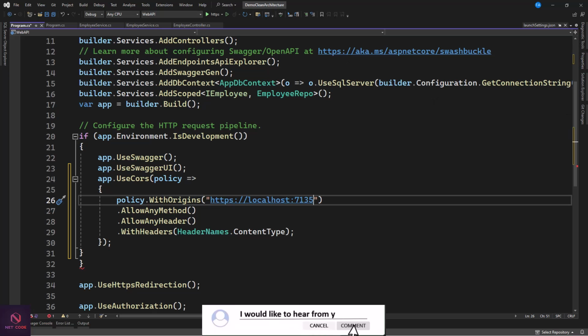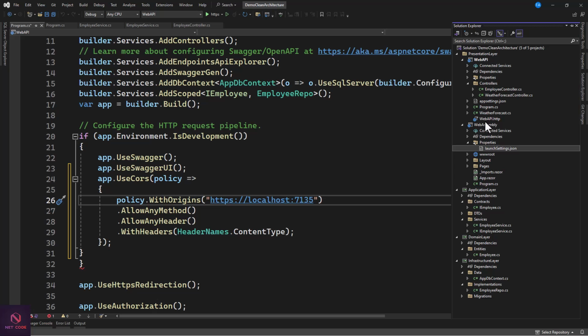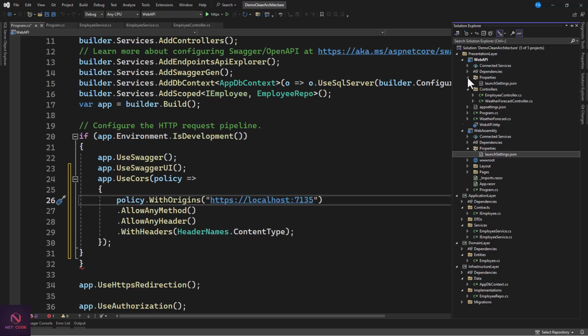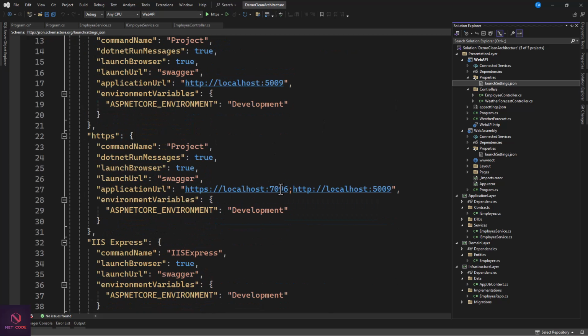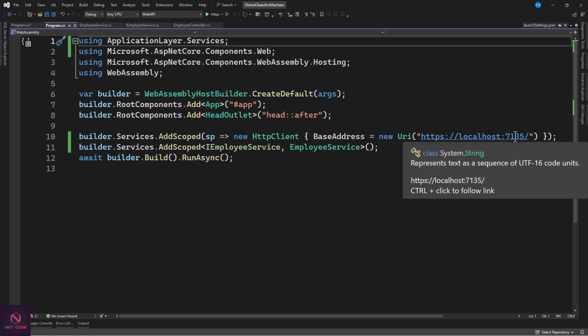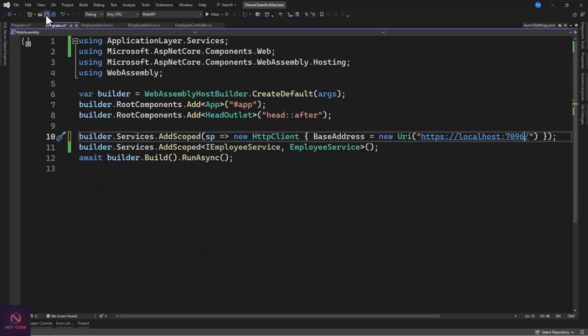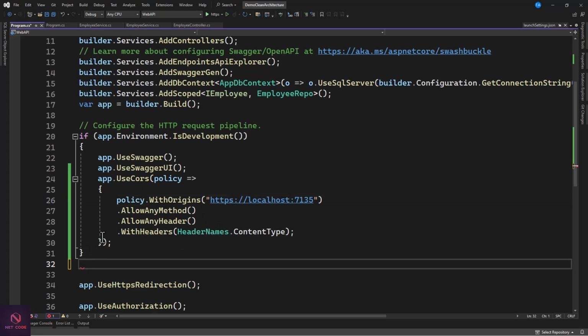And now when you go to the web API, properties, launch settings, here it is what? Okay, 7096. So let's grab this. We go to WebAssembly, and now 7096. Yes. And now when you check the program, you can see from here that you allow any method, any header, with headers, the header name, content type. Okay, so we want to allow the following. Okay, so once we are done,